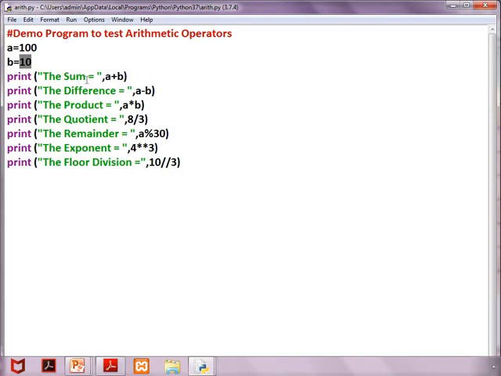Print the sum equal to A plus B. Here the difference equal to A minus B. Product is A into B. Quotient, 8 divided by 3. So when 8 is divided by 3, we will get floating points.